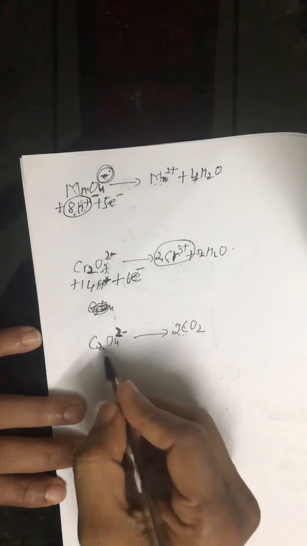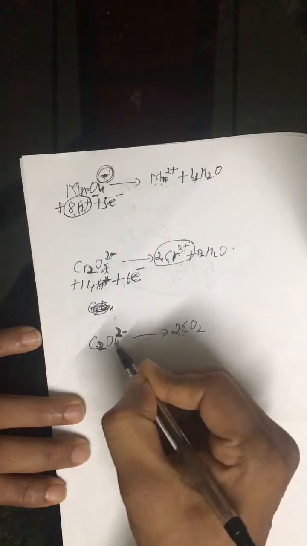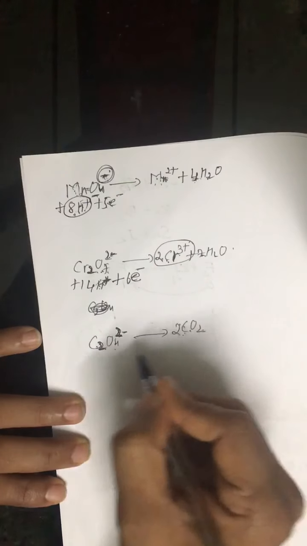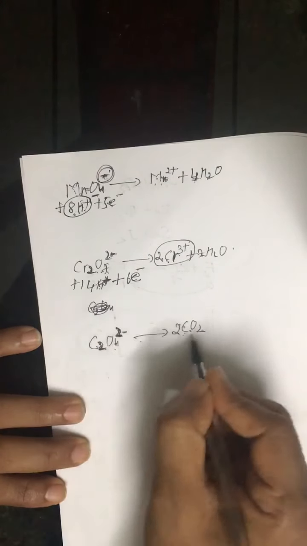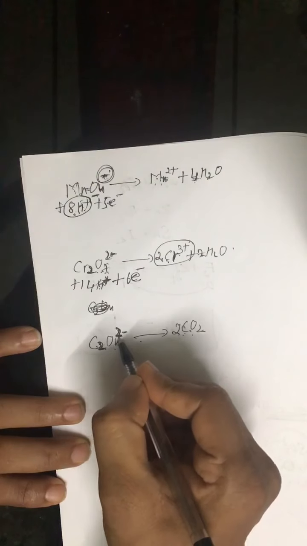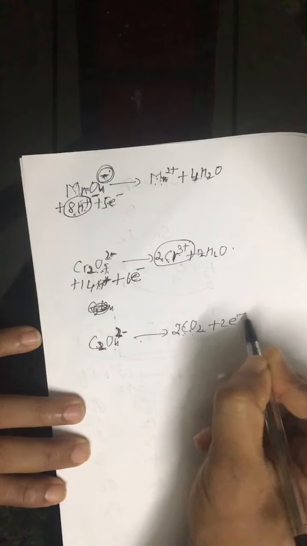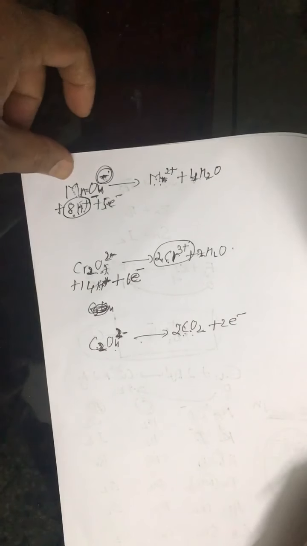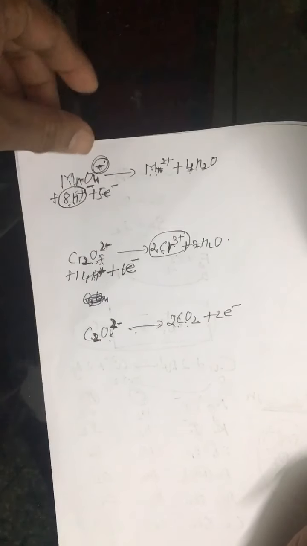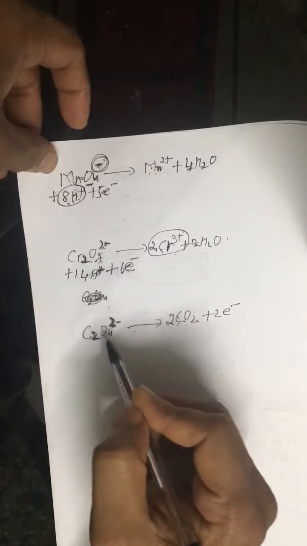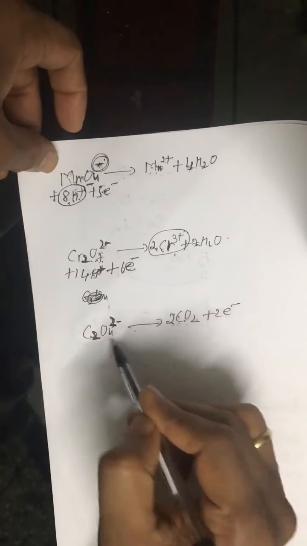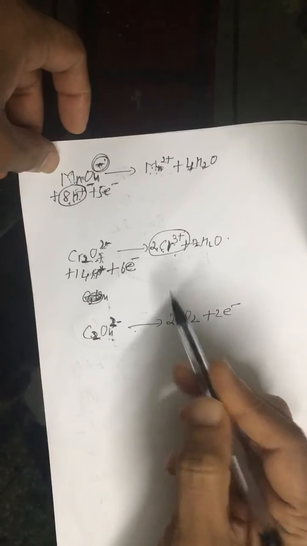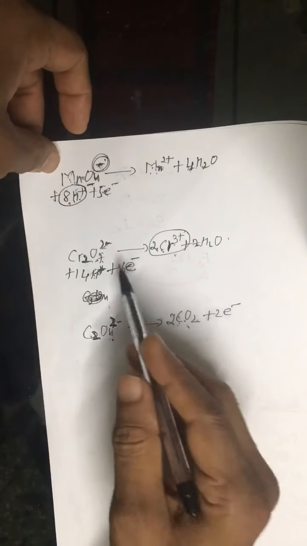Alright, here oxygen 4, already oxygen is balanced. Carbon is already balanced, so we have 2 negative charges. So to balance it, we put 2 negative charge. This is how we balance. Alright, half balancing. This is called half balancing. Here these two are getting reduced and this one is getting oxidized. So redox half balancing. Now you can combine these two reactions and you can write the complete whole reaction.